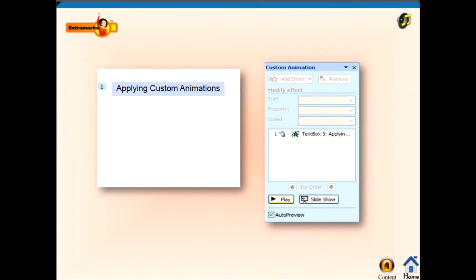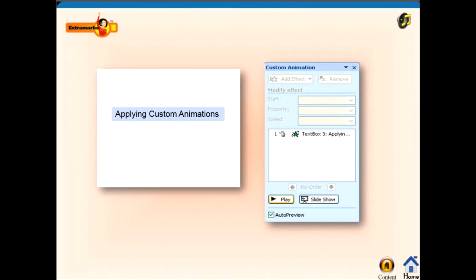The numbering on the objects on the pane is the list of the animation. The animation objects will appear. Then click on the play or slide show to view the effects that you have given to the objects.